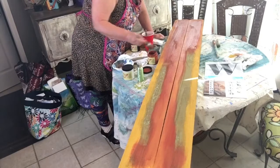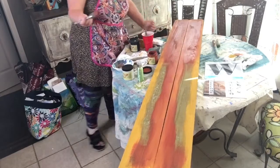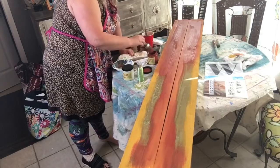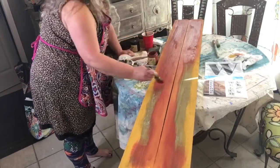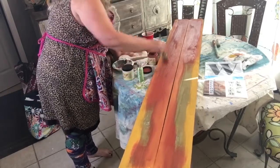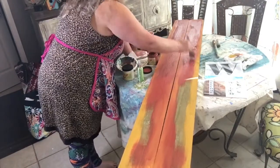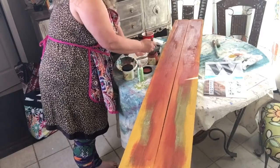I really wish I had some brown paint here at home, and I'm sure I do upstairs, but I still can't walk upstairs yet, so we're making do with what we have downstairs. But that's where you can choose the color of your front door, the color of your shutters, the color of your curtains, if they can be seen through your window, your favorite color, a contrasting color to your house. All of those things can be, or seasonal, like what was my original intention on this. And I always believe that everything happens for a reason, so there's somebody, and it may be me, who's gonna like these colors and want this